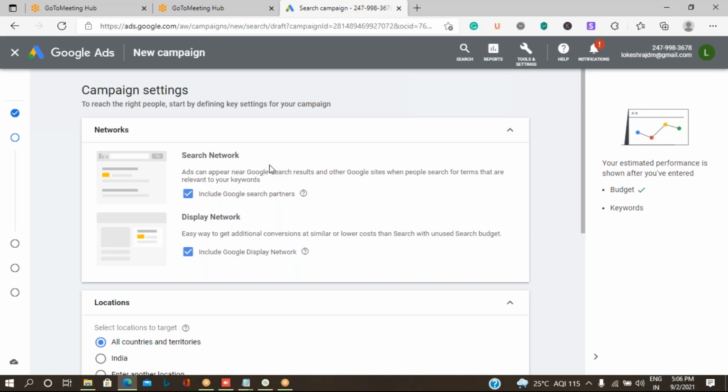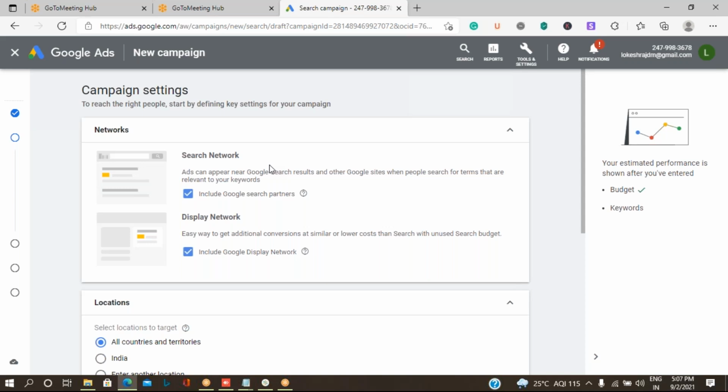That means in one campaign I can create the ad on two different platforms: the search network platform, that is on the Google website, and the display network, on the very familiar Google websites where there is more crowd. In those places your advertisement will be shown.